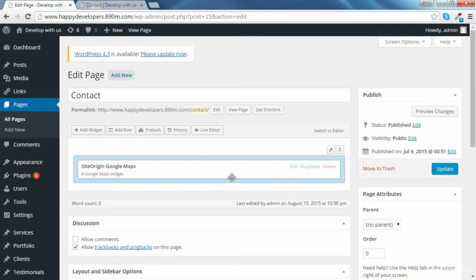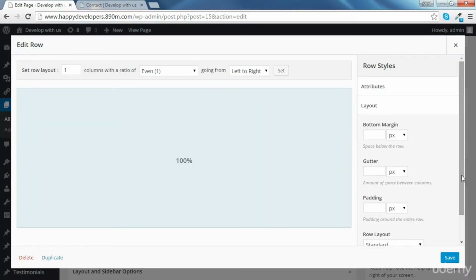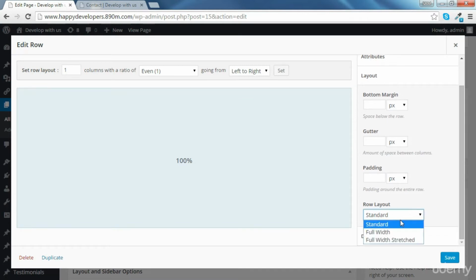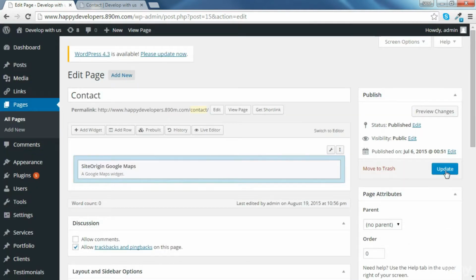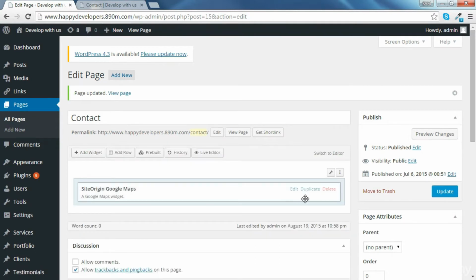Okay, so before we edit the map, let's go to the options of our row and change the layout of the row so that it has got full width stretched. Okay, and let's click on updates. Now if we go to our map and click on edit,